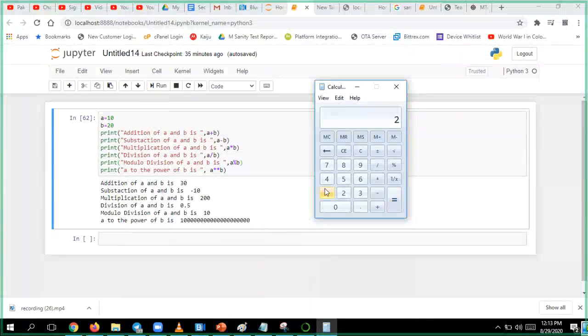And 10 by 20, what is the value I got? 0.5.